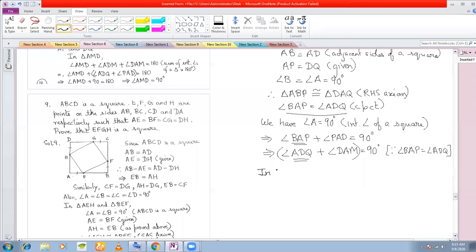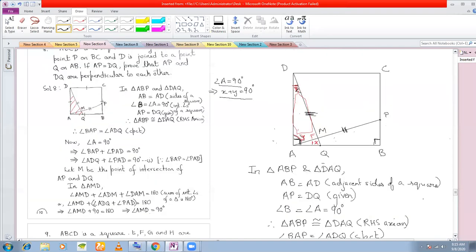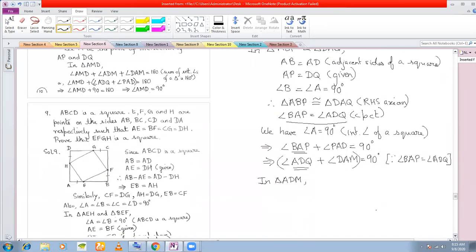In triangle ADM, first angle AMD, the angle that we want to prove 90 degrees. Okay, so angle ADM plus these two angles, angle ADQ plus angle DAM